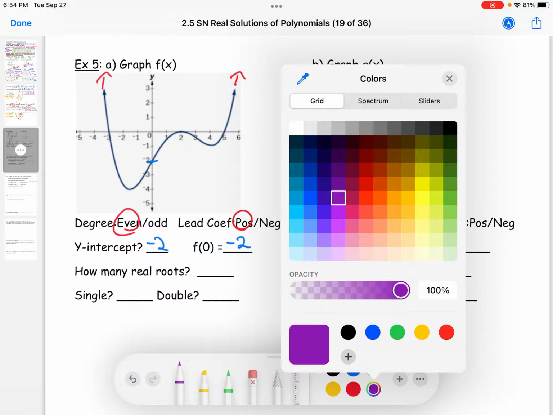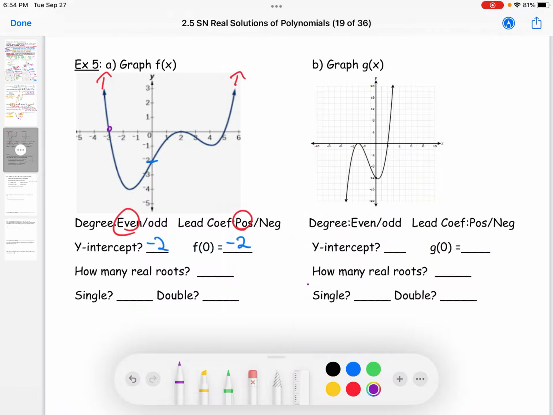The number of real roots. We have a root at x equals negative 3. That is a single root. The graph goes through the x-axis. At x equals 2, we have a tangent double. It's a bounce. It doesn't go all the way through the x-axis. It touches it and bounces back. And then we have another single root